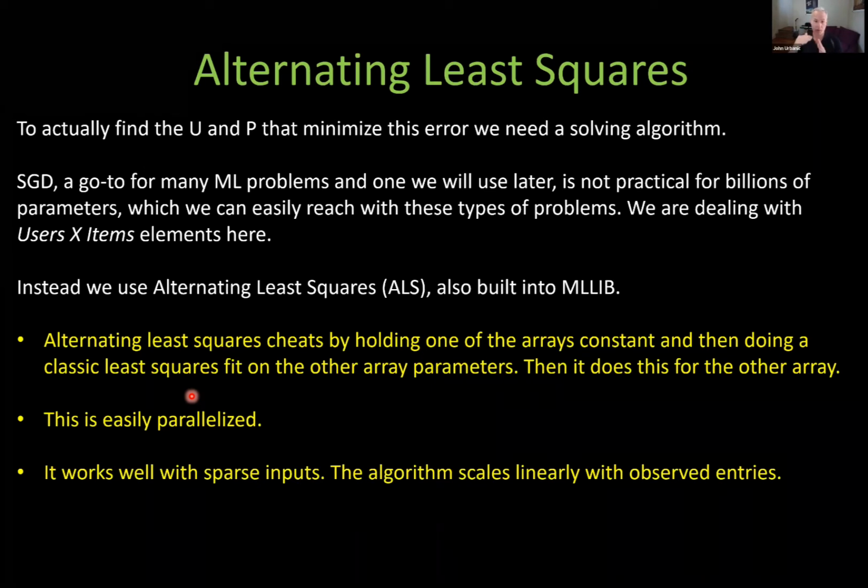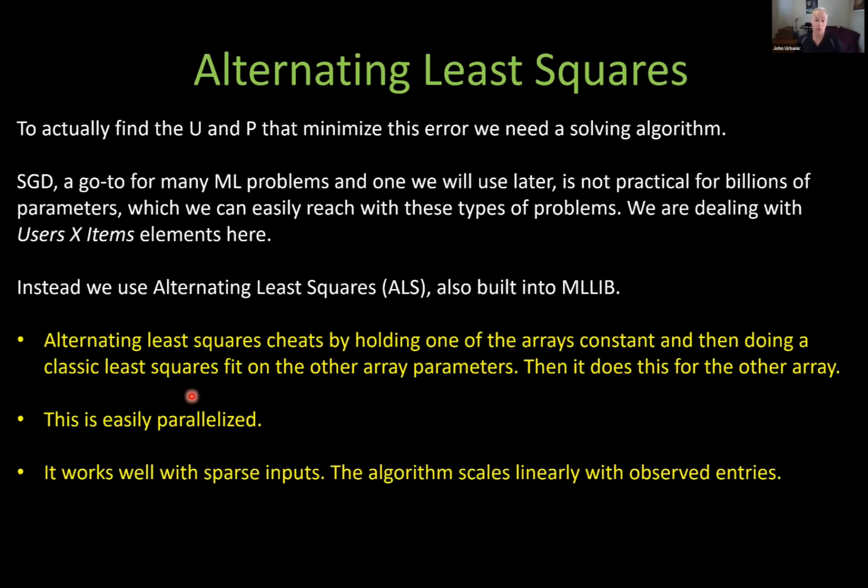If we try to just come up with those best fits straight up, with U and P both being unknown, it would again result in a lot of complex equations, very difficult to fit, impossible to fit. But what if we pretended that U was already fixed? We had a good U matrix. If somebody handed you R and U, then fitting P to it is not a difficult problem. If you multiply all those elements out, then you're given a bunch of simultaneous linear equations, and it's not difficult to fit that. So if somebody gave you R and U and said, come up with a P that fits this, you could do it. It'd be straightforward, again, a high school level kind of algebra problem.